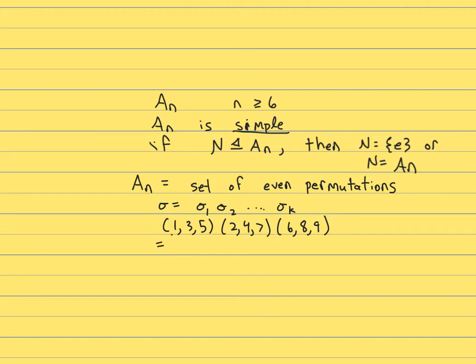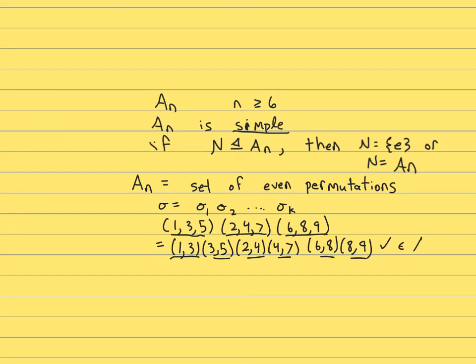But it turns out you can decompose cycles into products of transpositions. So this cycle is equivalent to (1 3)(3 5)(2 4)(4 7)(6 8)(8 9). And you can see that there's an even number of transpositions, so this is actually in the alternating